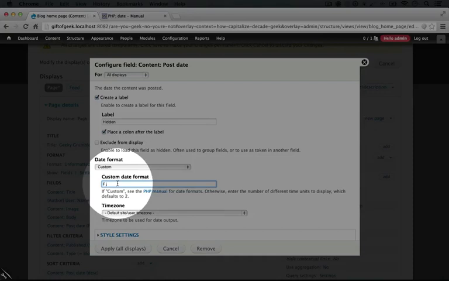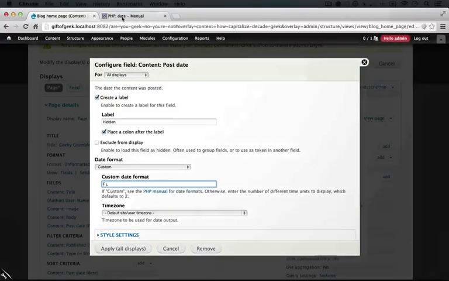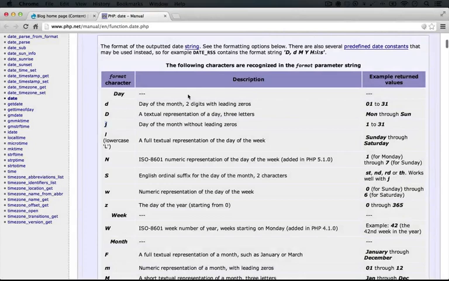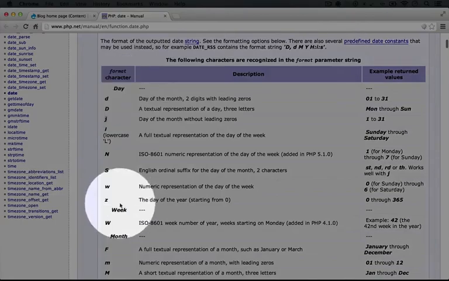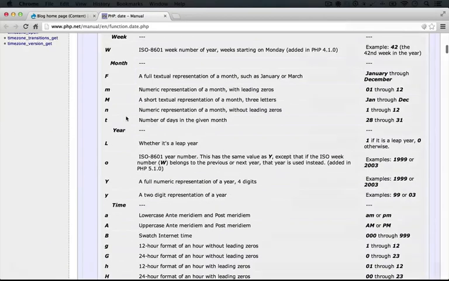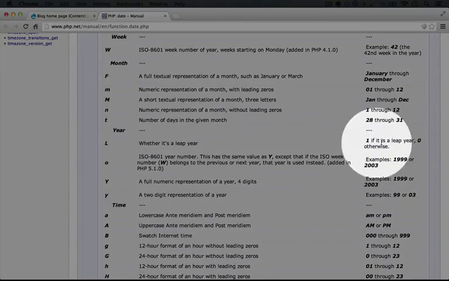And now the last part we want is the year. So I'm going to add a comma and a space, and then let's go back over to the date page and look at year. So we have day, week, month. If we scroll down, here's year. And I'm going to just browse the examples here until I see something that I'm looking for. Now this one looks right and this one looks right.